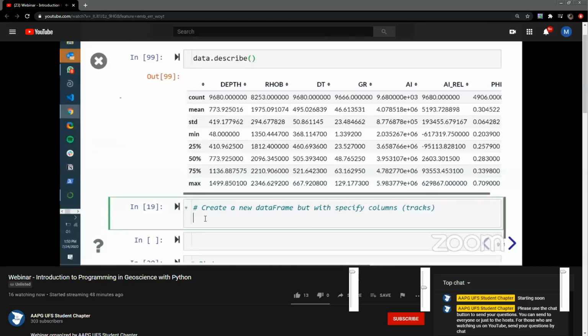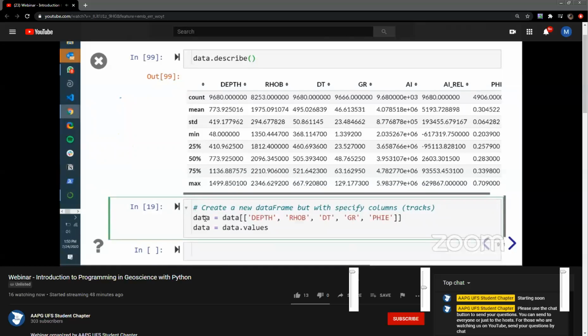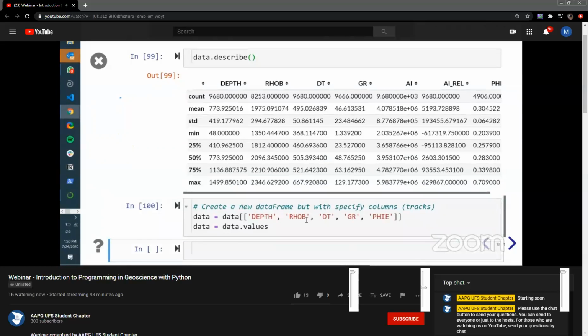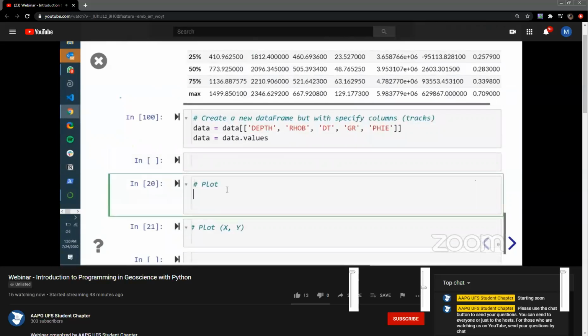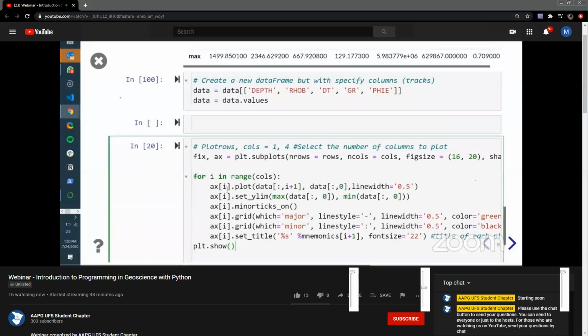I'm going to select depth, density, sonic, gamma ray, and effective porosity. This is just because it looks better. And right now, again, I'm not going to go into details about how to plot this, but I can create a very nice and clean